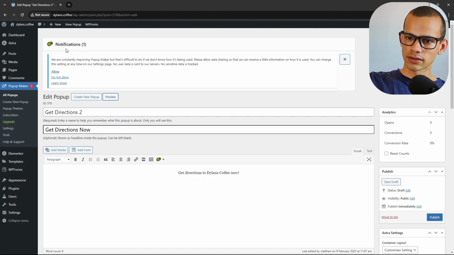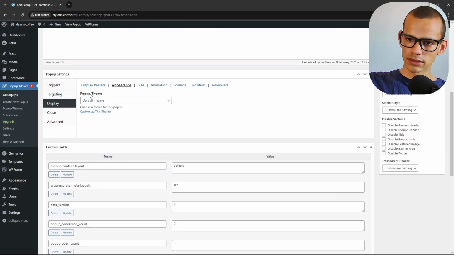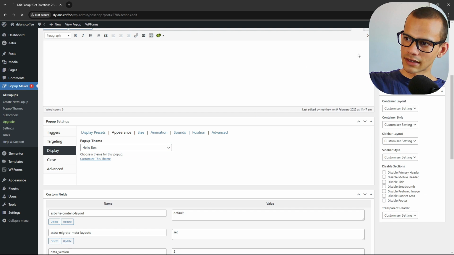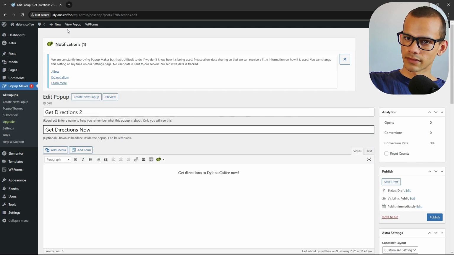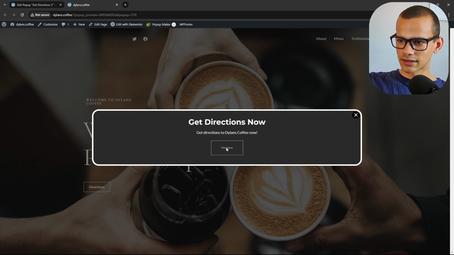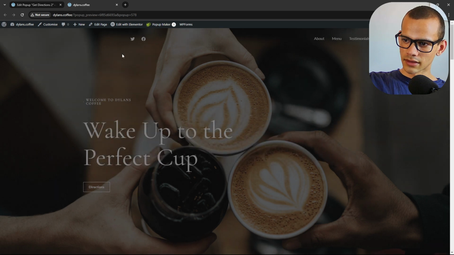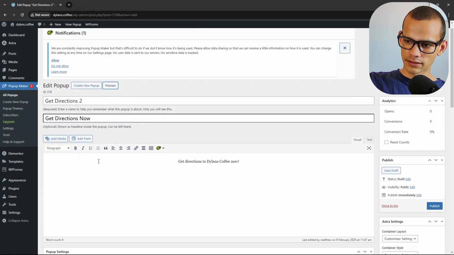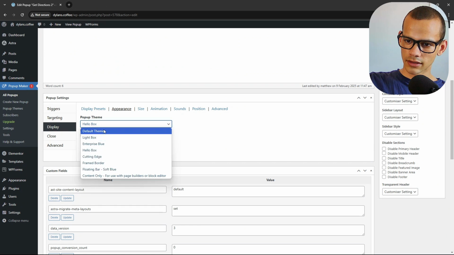So if I close that and go back and change the theme to Hello Box, for instance, which I've customized before, I think, and now save it and now preview it, it'll look a bit different. So here it says get directions, and the button here doesn't actually do anything because I didn't link the button to anything. I'll close this